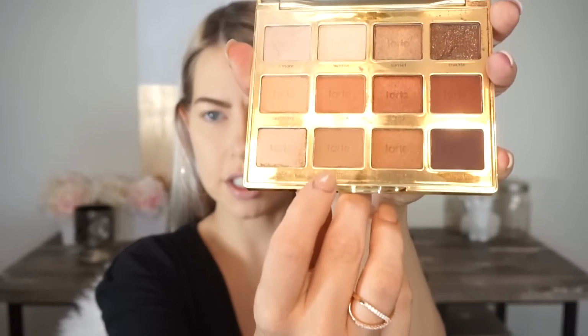So yeah, let's go ahead and get this started. What do I want to do here? I think I'll just start with throwing Latte in my crease, which is this color right here. It's pretty much just a...